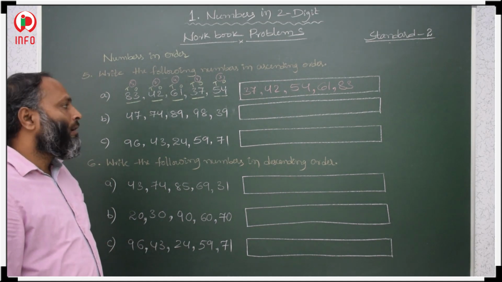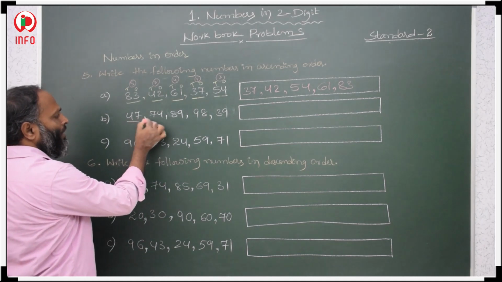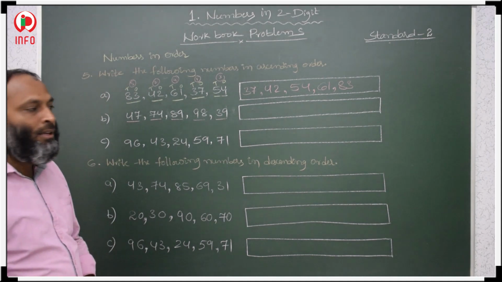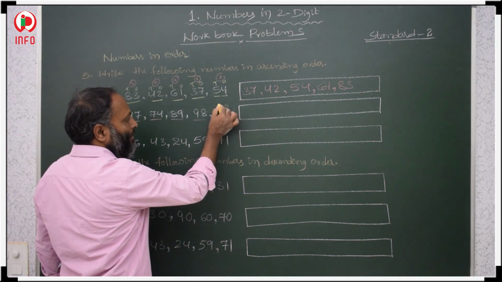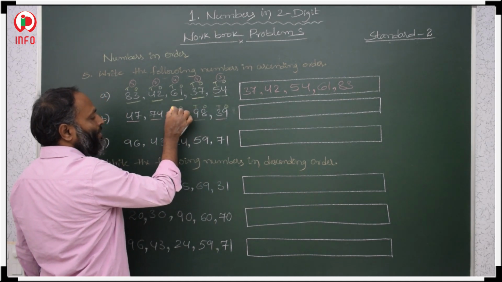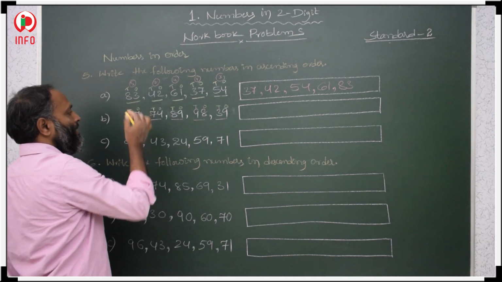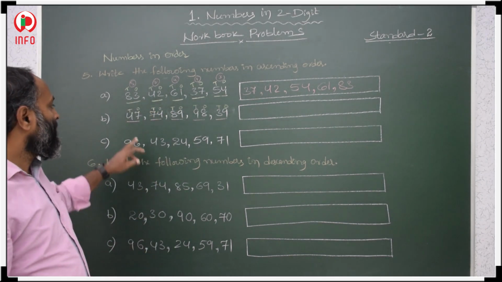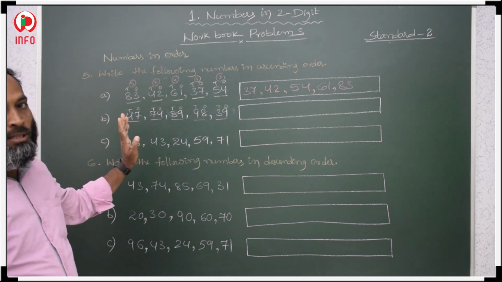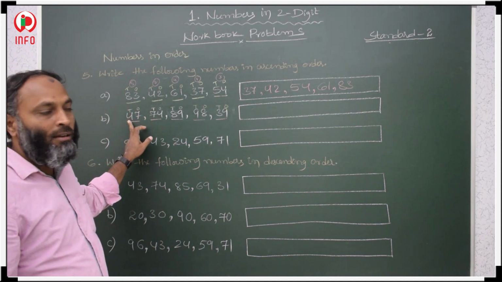In the second question also there is a similar question. 1, 2, 3, 4, 5. 5 numbers are given. So this is ones place, this is tens place, for each number. Now you compare. What is there in tens place? How to compare? We start our comparison from tens places. Check in all the numbers what is there in tens place.